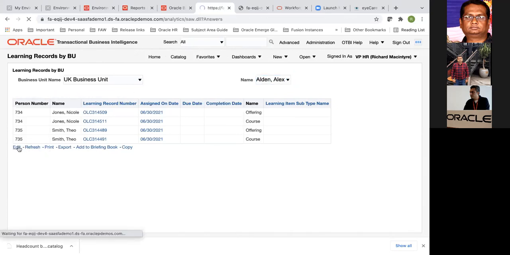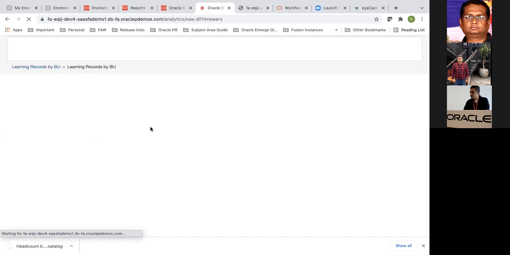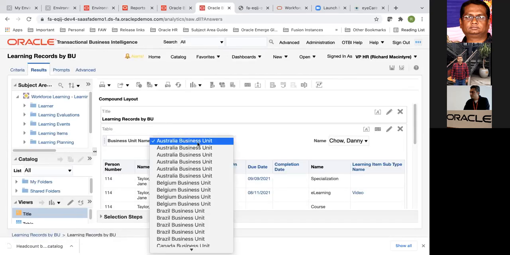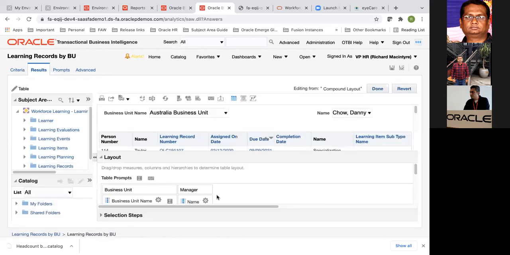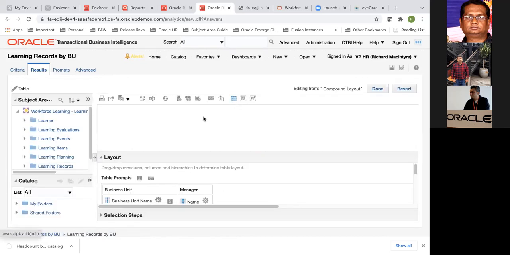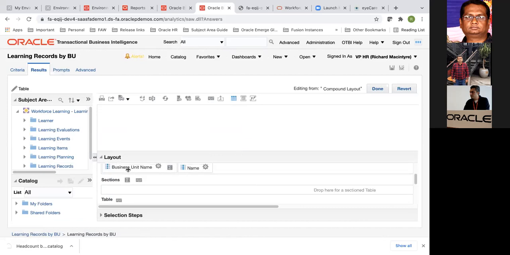So not in the report prompt. This is just a table prompt. Okay. Table prompt, you cannot have multiple values. However, I could create, let me show you this. Maybe for now I'll remove both these from here.